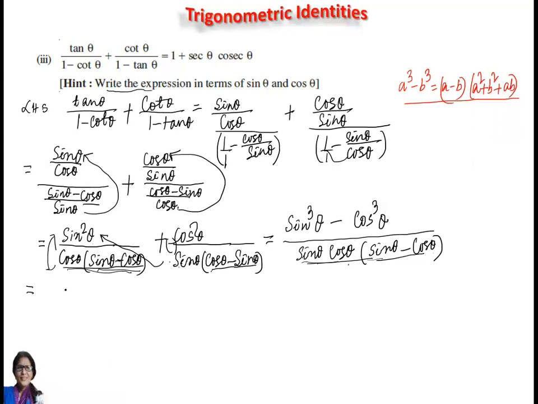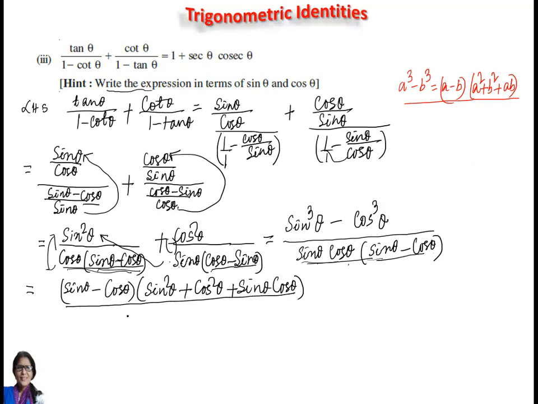तो साइन क्यूब माइनस कॉस क्यूब में हम उसको लगाएंगे, तो हम लिखेंगे (sin theta minus cos theta) into (sin square theta plus cos square theta plus sin theta into cos theta), नीचे है sin theta cos theta, sin theta minus cos theta। अभी देखेंगे हम क्या क्या कट जा रहा है, sin theta minus cos theta पूरा ये कट गया। फिर हम सिंप्लीफाई करते हैं, sin square theta plus cos square theta ये होता है 1, तो 1 plus sin theta into cos theta